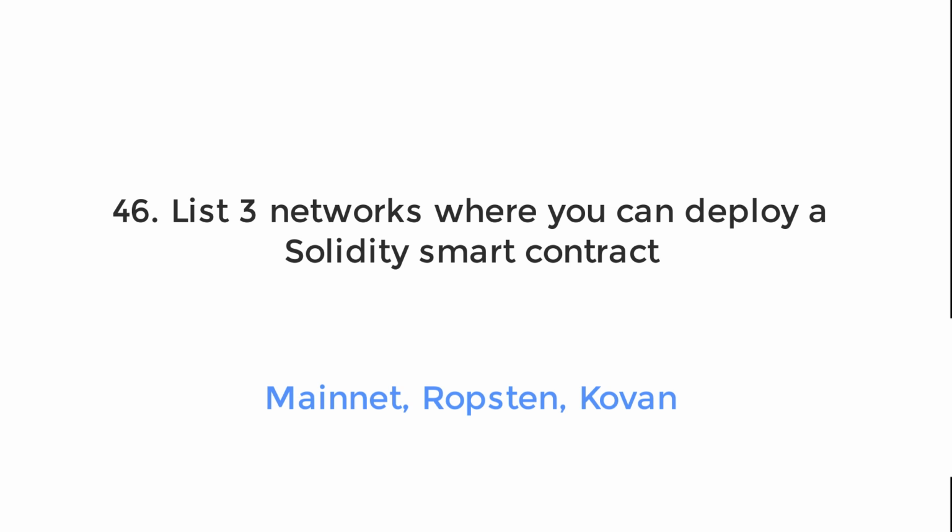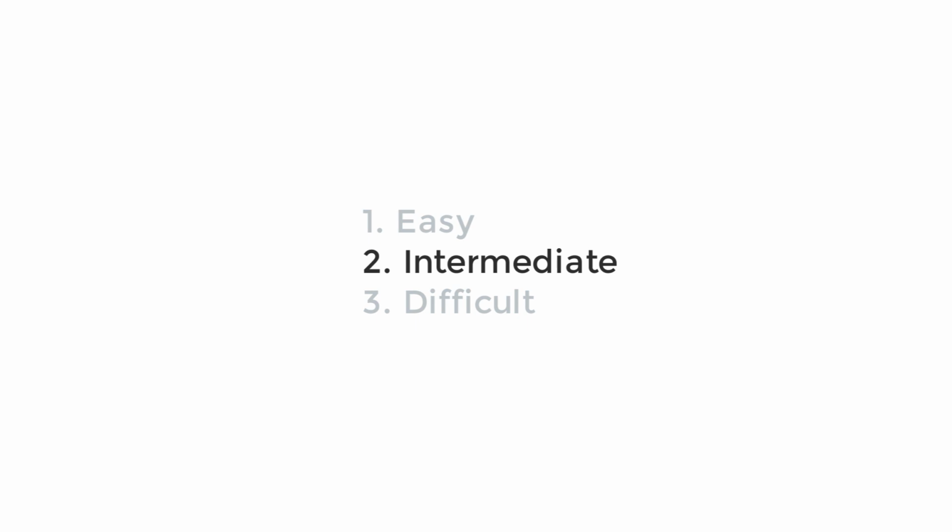And another network that we can deploy to is Kovan. Kovan, like Ropsten, is a public testnet where you can deploy your dApp before you deploy it to the real network, mainnet. So Kovan is specific to the Parity client. It doesn't run on other clients. There are quite a few other Ethereum networks, but the 3 I just mentioned are among the most used ones. Next, we're going to switch to the intermediate questions.